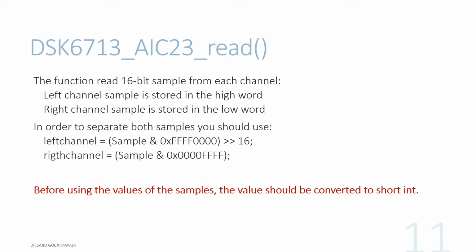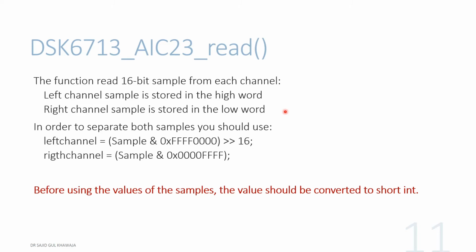The left channel information is usually stored in the higher word, that is the most significant 16 bits, whereas the right channel information is saved in the least significant 16 bits. It is emphasized that we need to work upon both channels separately. Whenever we are going about signal processing on the left and right channel, it's necessary that both are operated upon